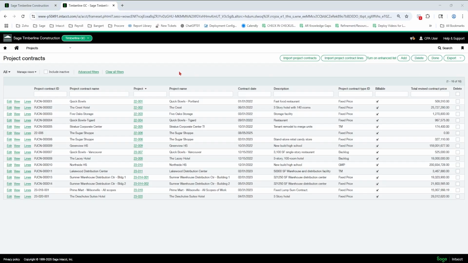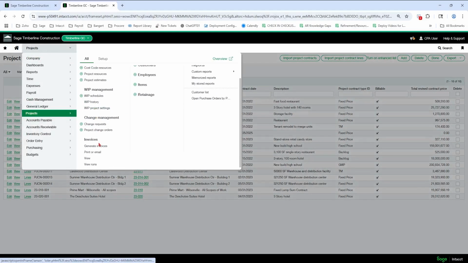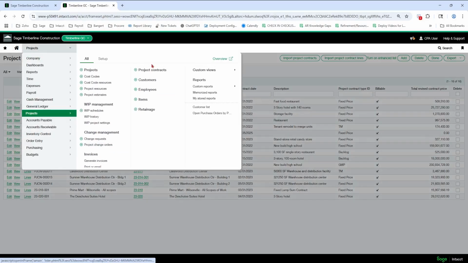Now I want to show the actual process, the whole way through. Now that I have one, I can show you for the AIA. So we're going to use this one. I'm going to show you how the billing process works after we've set it up. I've got all my lines in. Now I can actually do a billing if I want to. So I'm going to navigate over to generate invoices. I've set up my lines, and that's the screen I'm on now.